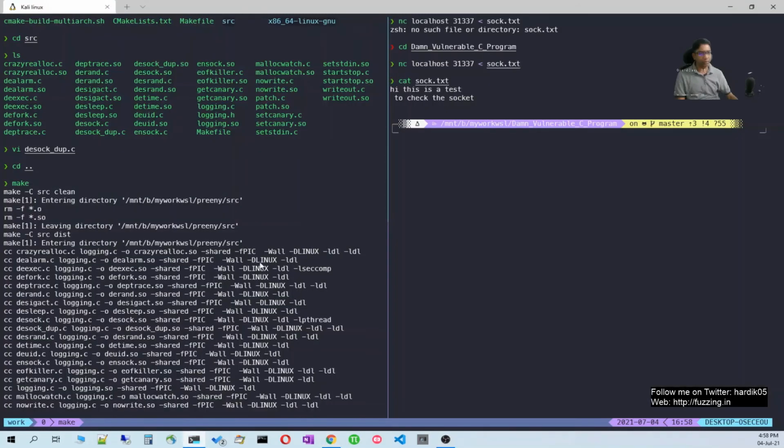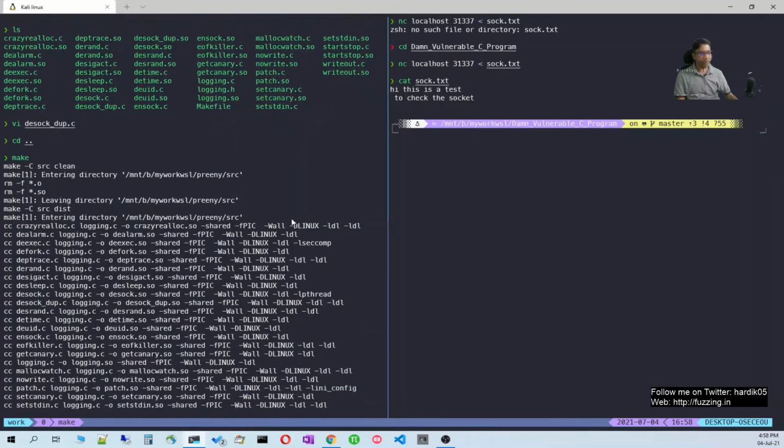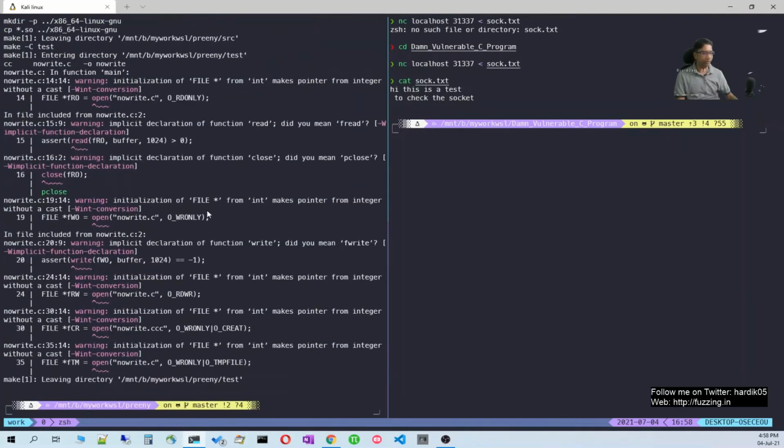This will install all the dependencies for Preeny, and once the compilation is successful, it's very straightforward. You can simply load the library and it will do the rest of the work for you.